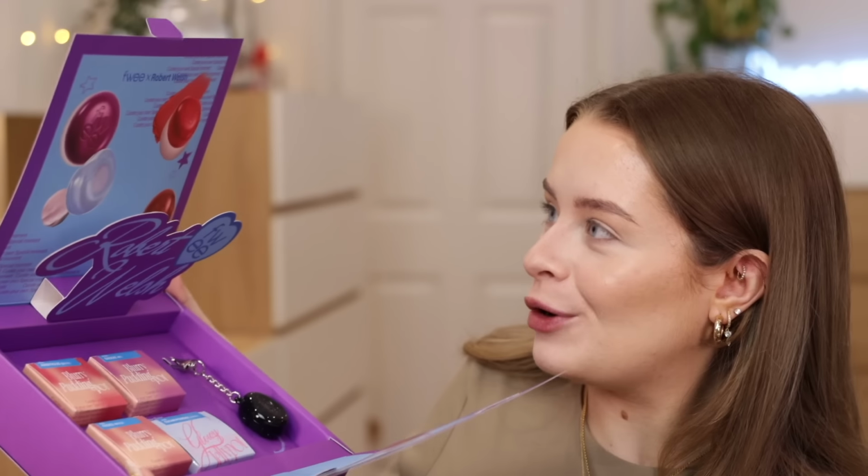I should probably just show you. But Robert did a collab with them and these are little boxes that I believe are sold out. I think they are actually sold out immediately. And I felt really bad because he sent them to me over Christmas time. I was away over Christmas in Cornwall for a week. Then I got back and by that point they'd already sold out. So by the time I even opened my parcel, I mean, well done to Robert. Obviously that's amazing that they'd sold out, but then I was like, oh no, I didn't even post it before